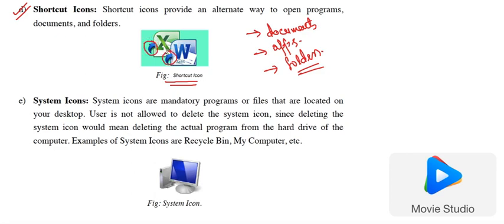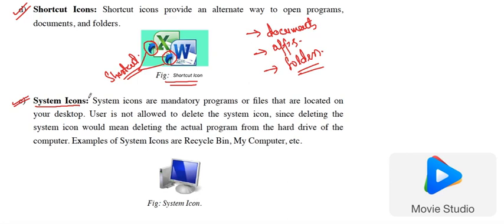That arrow represents that these are shortcut icons. It means the actual program is stored somewhere else, and this is the alternative way to directly go to that location, or to open that program, document or folder.